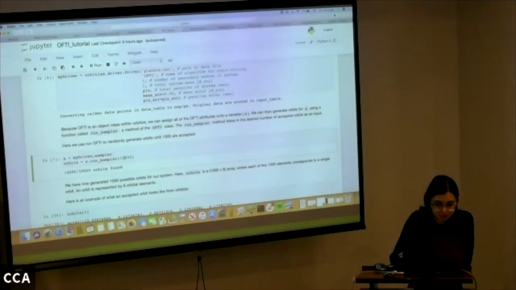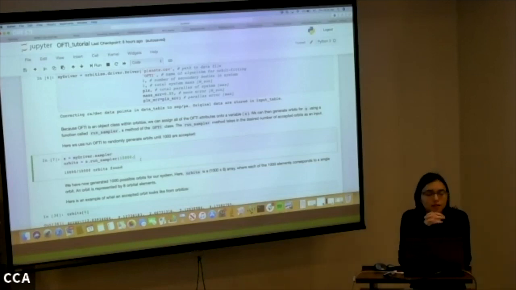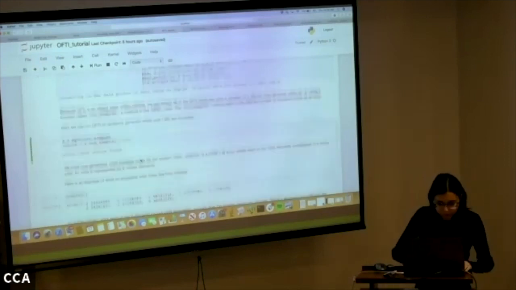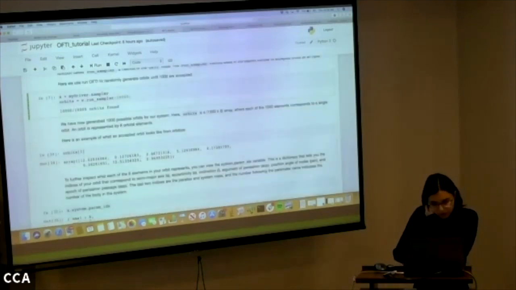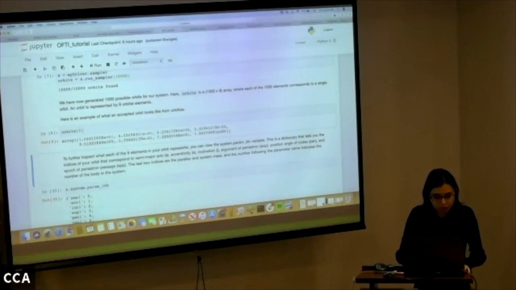But anyways, here in run sampler, all this does is the same process of scaling and rotating 10,000 times. It goes through that process every single time until it accepts the number of orbits that you want. I didn't change this, but it's 10,000 because that's the amount of orbits that we gave it. And so here, if you print orbits,